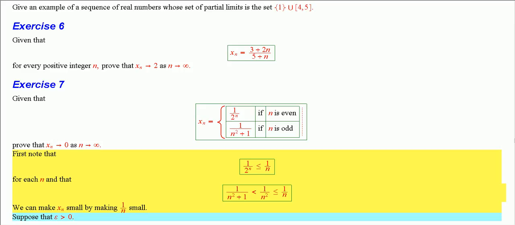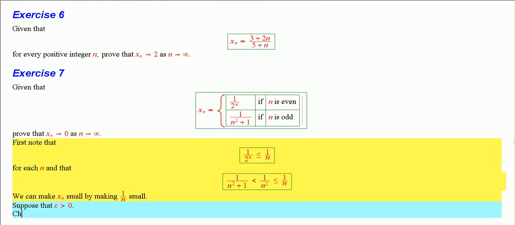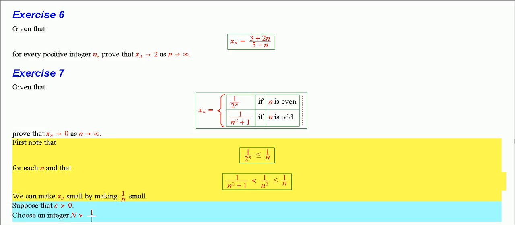Suppose that epsilon is greater than 0. So how do you make 1 over n less than epsilon? We've had this already today. You need n to be greater than 1 over epsilon. Okay? I think at this stage we can say choose an integer, a big N, greater than 1 over epsilon. You see? And observe